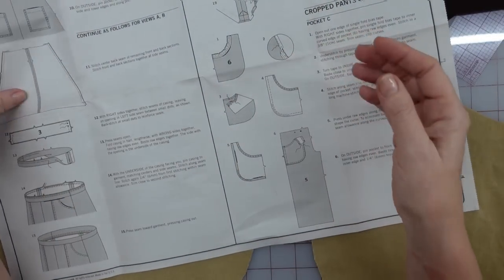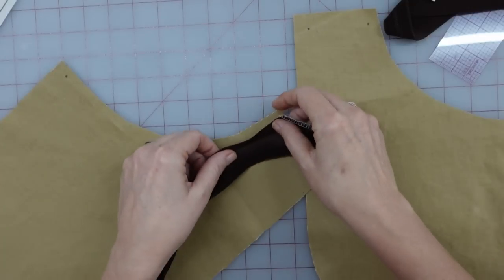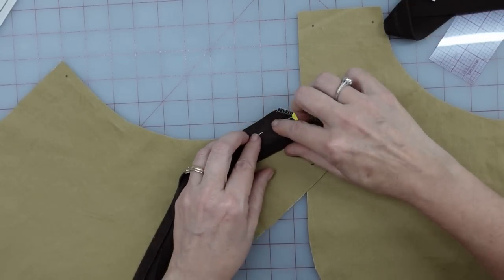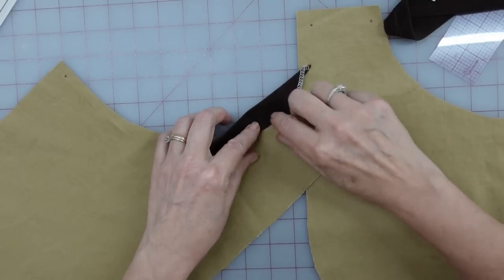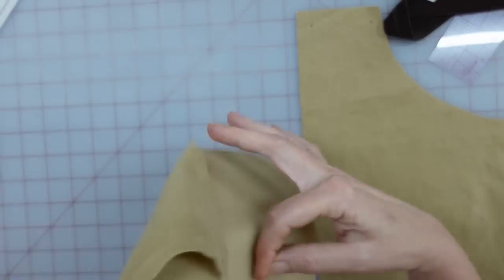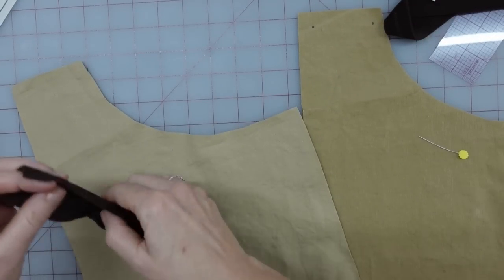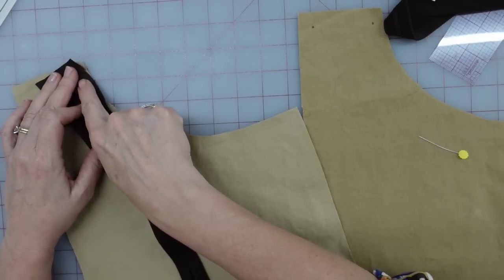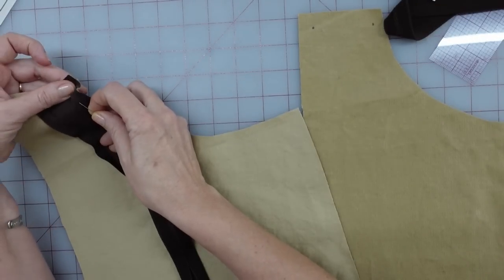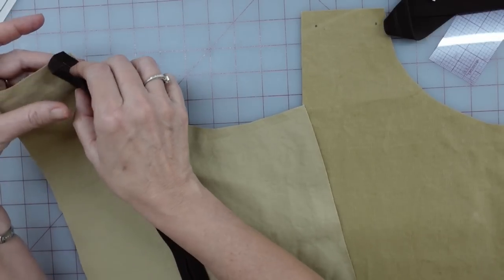What they want you to do, let me just show you this, is to match up the right sides, sew it like this, pretend that pin is sewing, press it open, understitch it, and turn the whole thing inside. All right, I am going to do that opposite. I'm going to use the wrong side of my fabric and put the right side of my tape against the wrong side of my fabric and stitch it at that same point, which is about 3/8 of an inch in, or where that fold is. Okay, bring it up,